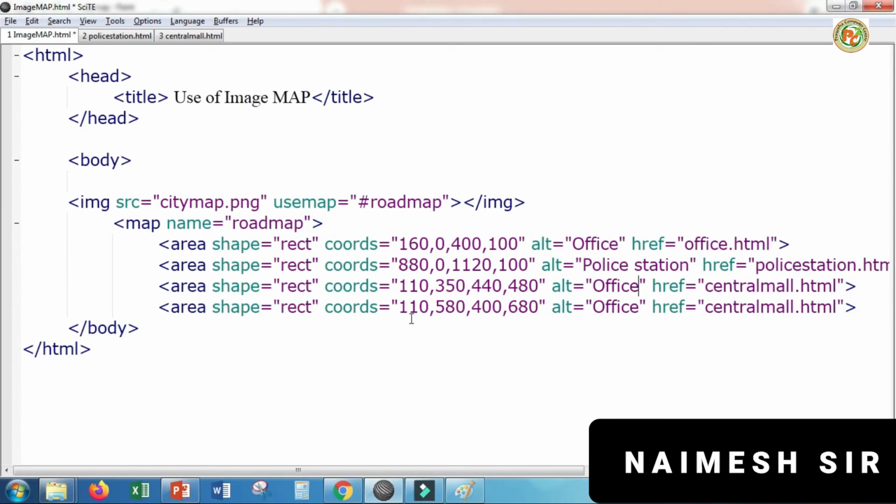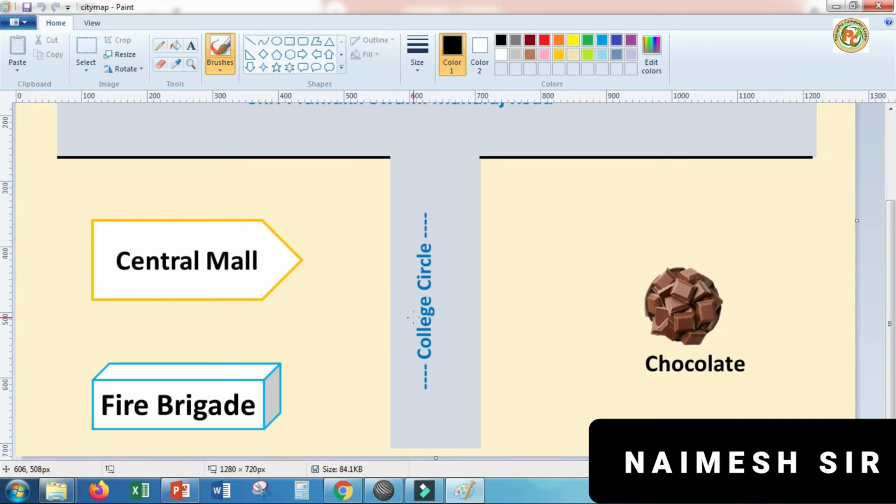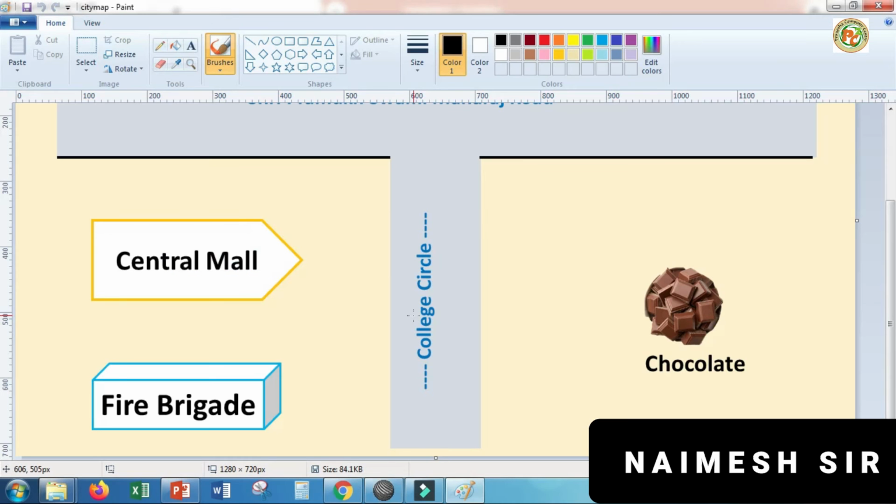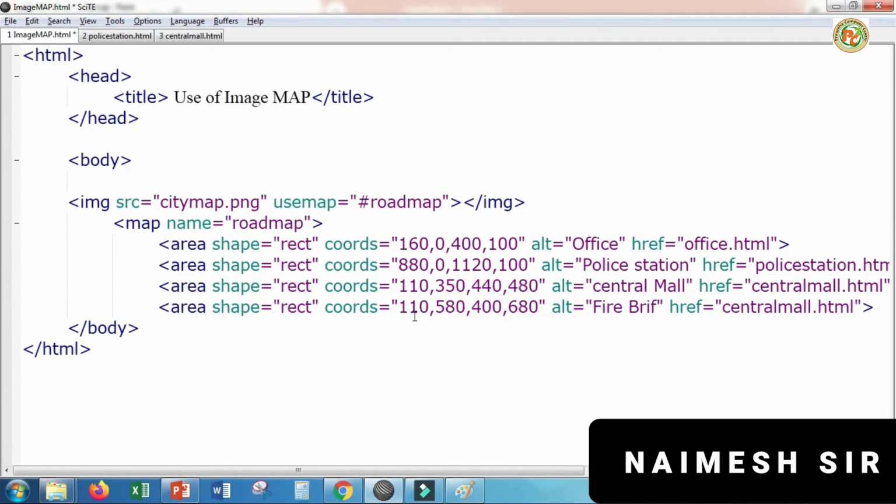Here the alternate tag will appear like Central Mall, and here it will appear fire brigade. Then we'll keep the file name the same here.